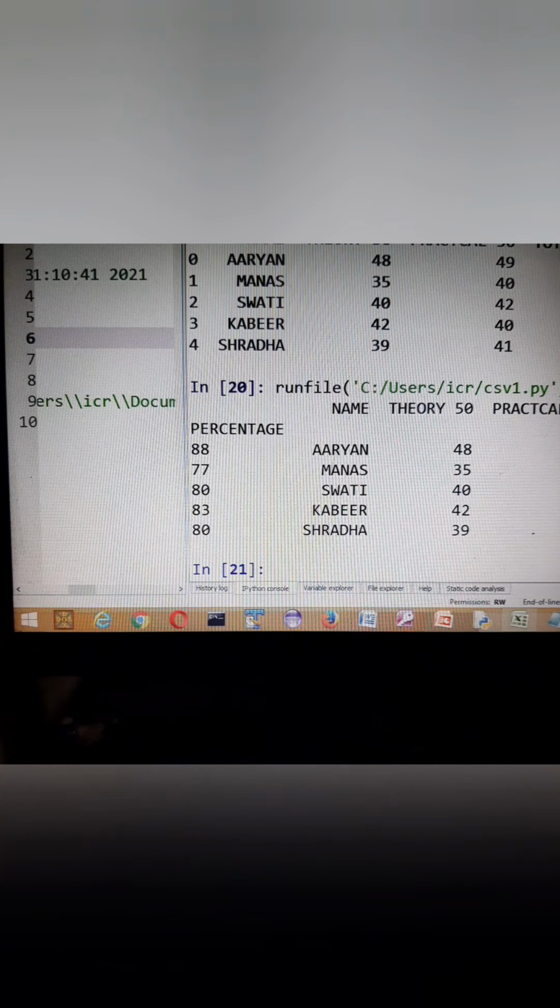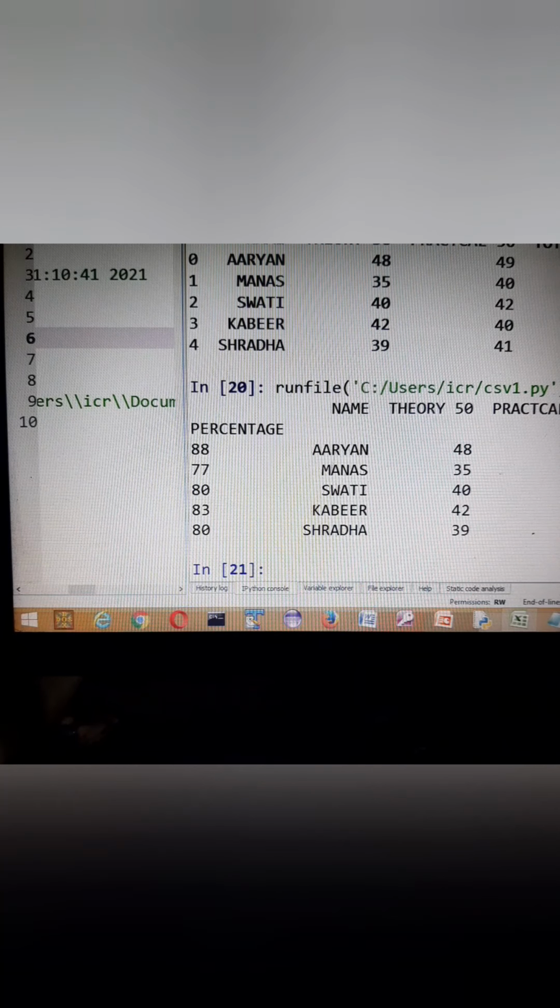We'll write names is equal to, and in square brackets we can write EMP ID, EMP name, designation, salary, etc. And we can remove the headers which are coming from our CSV file directly by writing skip rows is equal to 1, which will remove the headings at the top.